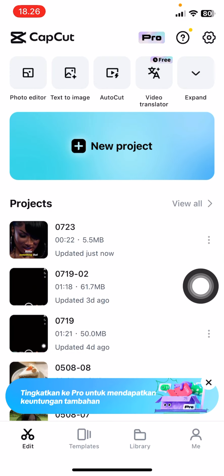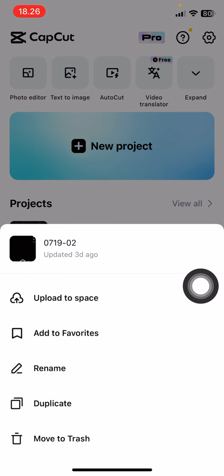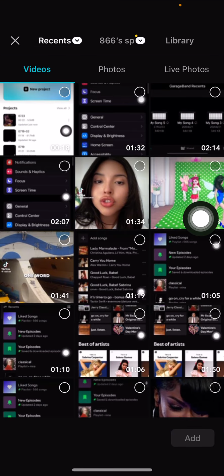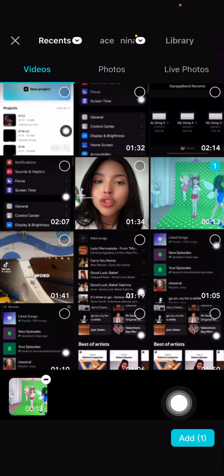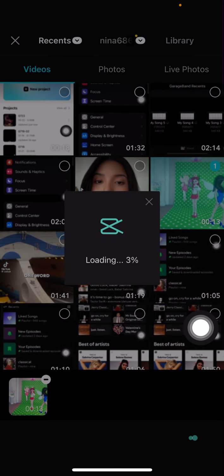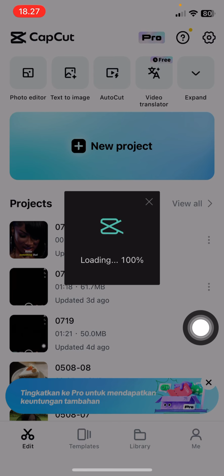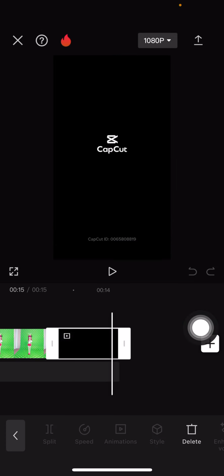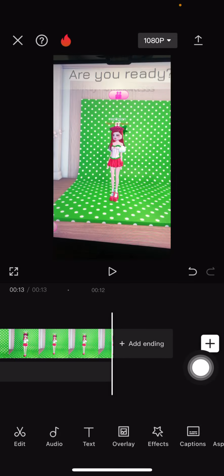In this video I'll be showing you guys how you can remove the CapCut watermark at the end of your videos in CapCut. So if I went to new project here and selected a video and pressed add, you'll be able to see that there's going to be a CapCut watermark at the end of the video. It's taking so long to load for some reason. There we go. Like here, as you can see, you can just press delete,